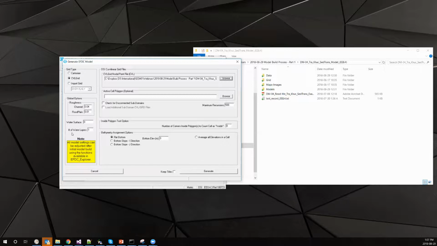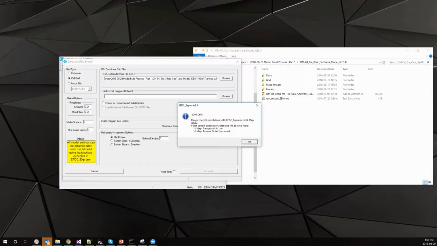But just to get the model started up, these options that you see here for channel roughness in the Z0, which is the units of these are in meters, water surface elevation, bottom elevation. While we have additional options here under the bathymetry, I recommend that you always just use a flat bottom initially and assign a flat bottom for this first step. So with that set, we click on the generate button here, goes out and creates a model domain with 2,204